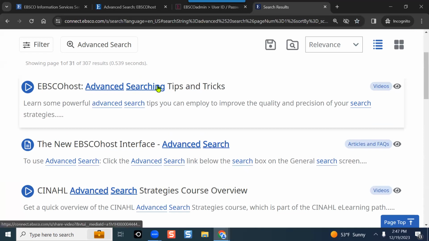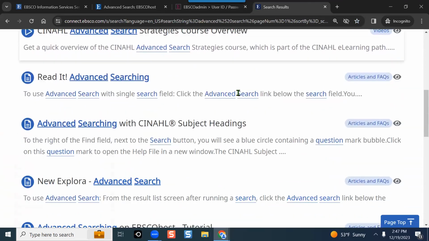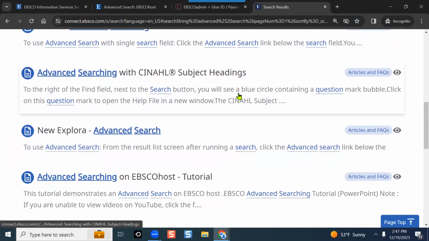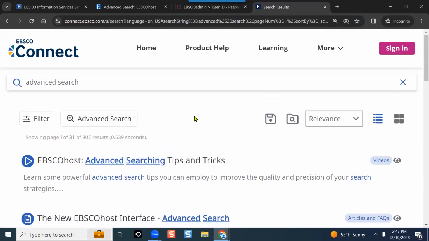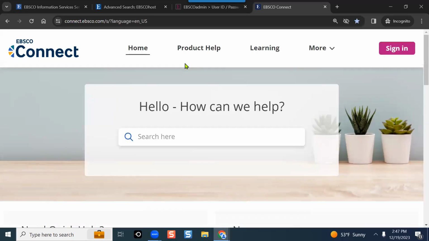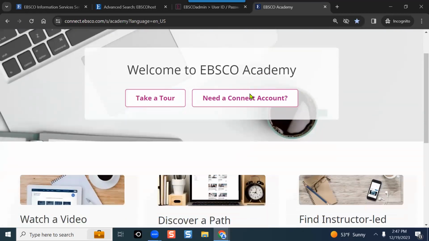There is that link to the EBSCOhost Advanced Search Tips and Tricks video that I can share a link with. We also have an article on advanced search in other databases like Explora. So this is a great resource to get more information about any topic related to your EBSCO resources. Back on the homepage for EBSCO Connect, you can also access learning resources on the Learning tab. That brings you to my department's page for all things